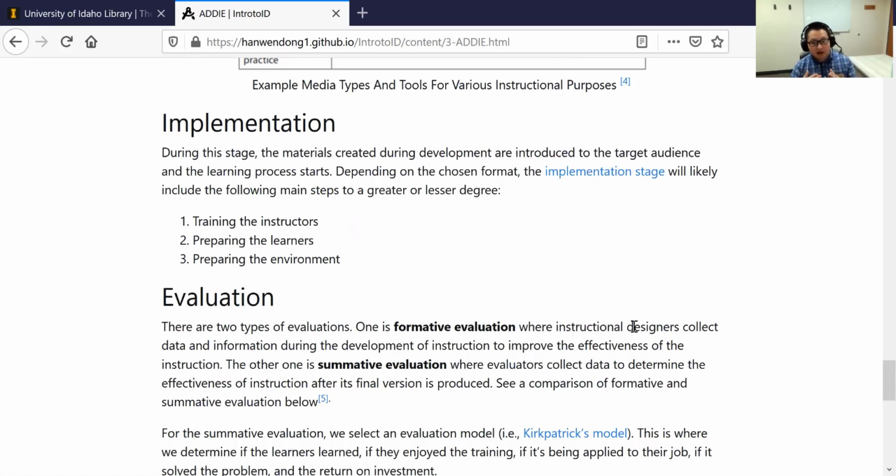If it's going to be online, we want to make sure that the instructors are familiar with the tools. Whether they are using Zoom or Teams, they need to be familiar with the interface. If they need to facilitate group work, do they know how to create breakout rooms? For learners, we want to make sure that they are proficient in using the programs. If they are using Zoom, make sure that they know how to mute or unmute, which might seem simple, but for folks who have never used it before,